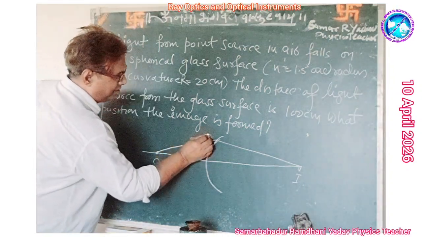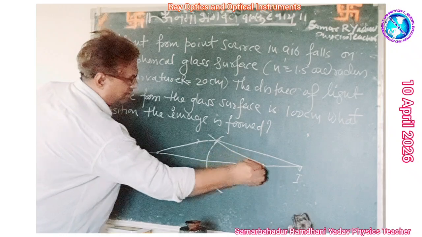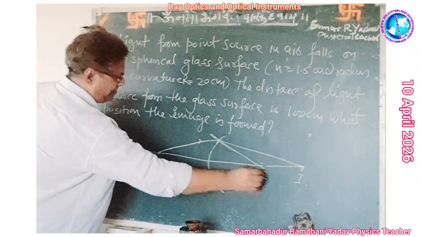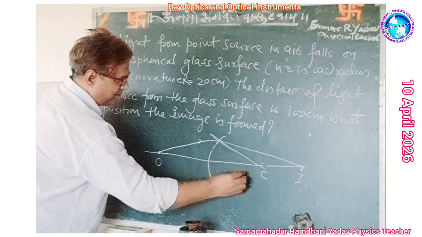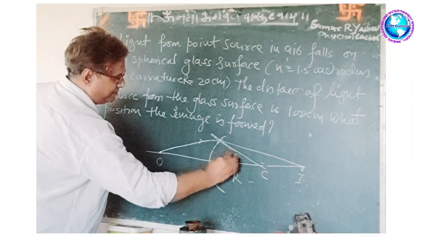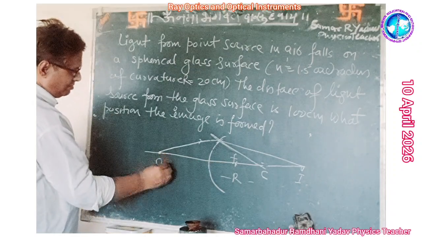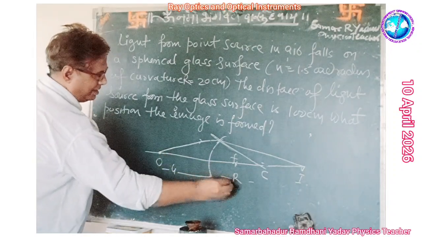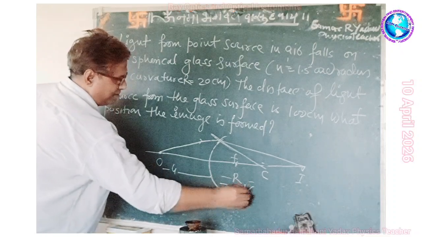This is C, that is known as the center of curvature, R is the radius of curvature, and half of this is the focal point. Now this object is kept at distance u from here, and the image is formed at distance v